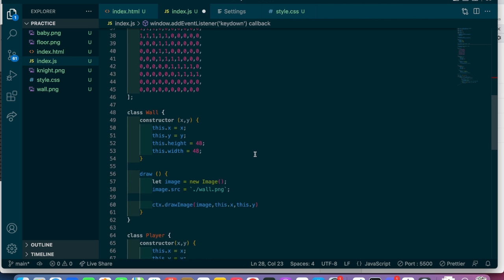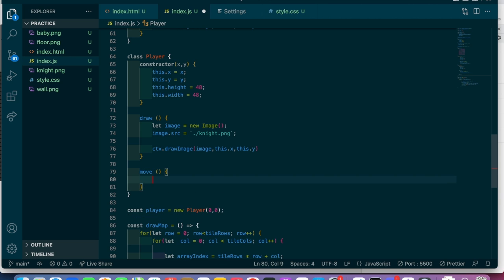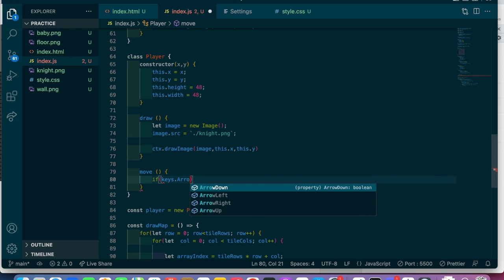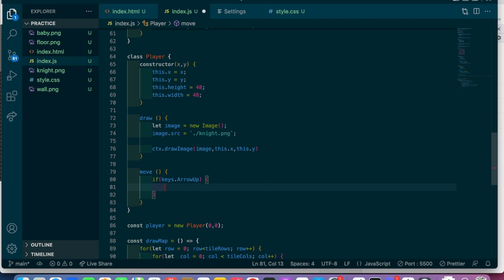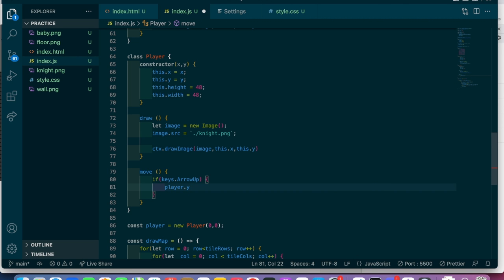So let's go back to our player class we made, and now let's make a move method. This is pretty much going to listen for those key flags being triggered. So I'm going to say if keys.ArrowUp equals true, you could say equals true, or you could just leave it like this. I prefer this way because it looks cleaner. It's basically saying if the keys object property ArrowUp is truthy, then you want to do something. And the thing we're going to do is take our player.y property, and we're going to decrement it by, let's say,